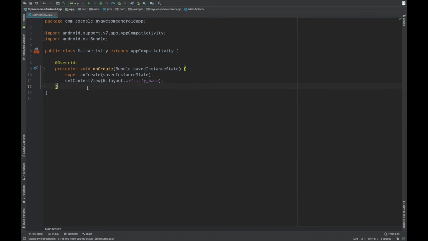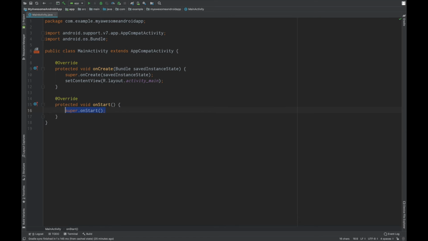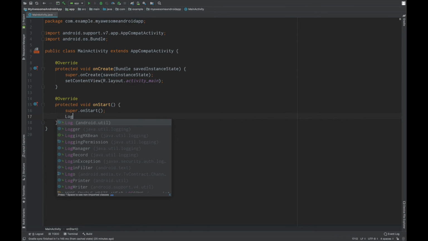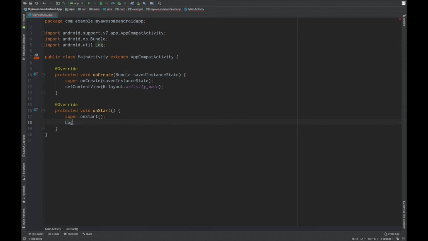Then let's write the next lifecycle callback, which is onStart. Let's print it out. Log.t. So when doing a log, we have to give a tag and a message. First, let's give the message as onStart,